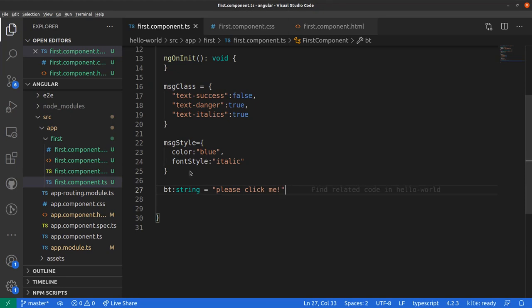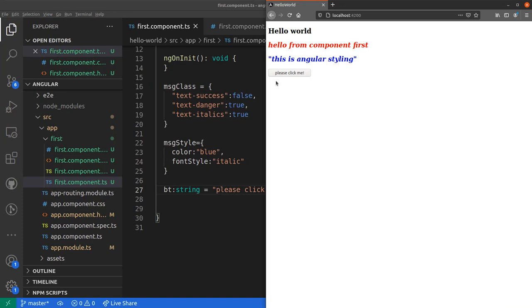Let's save our code and let's go back to our page and let's see we have got the button here which says please click me, and it does nothing on clicking because we have not attached any DOM event to it right till now. Now let's attach a DOM event using Angular, and we can do that using our